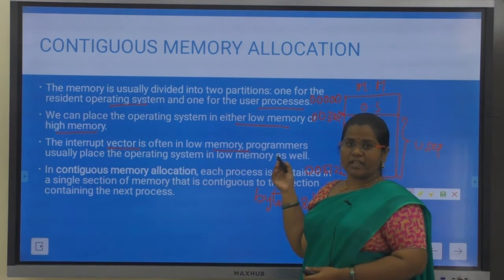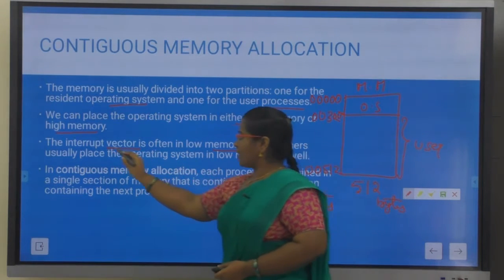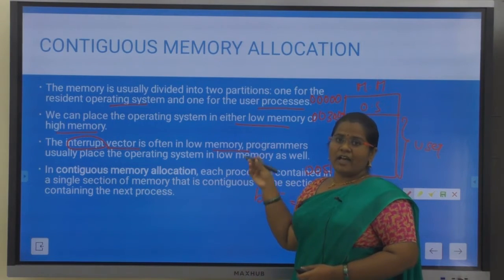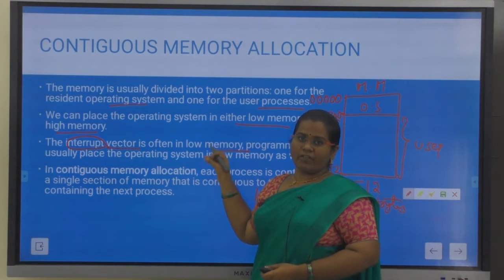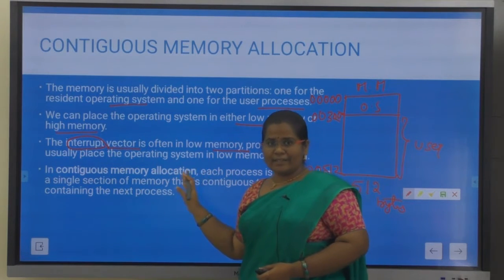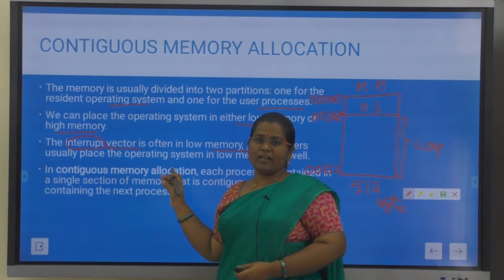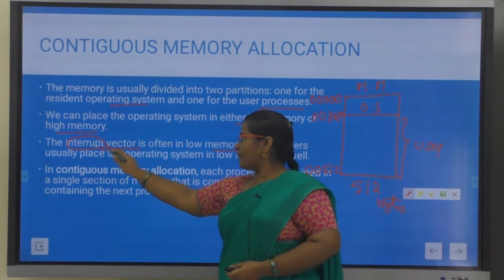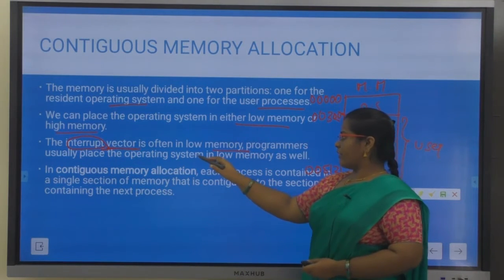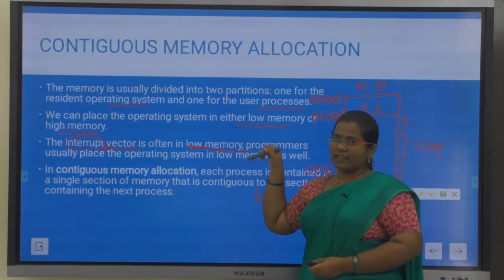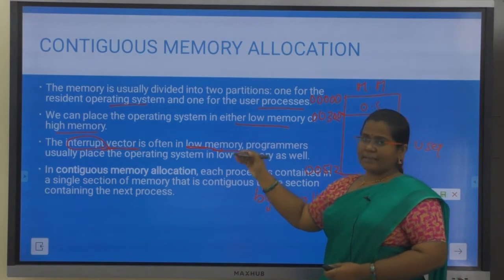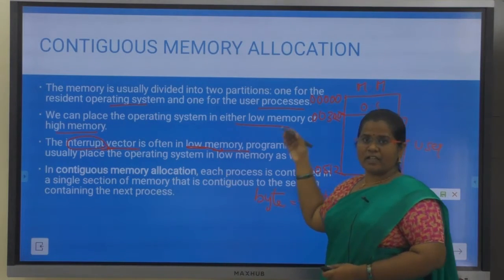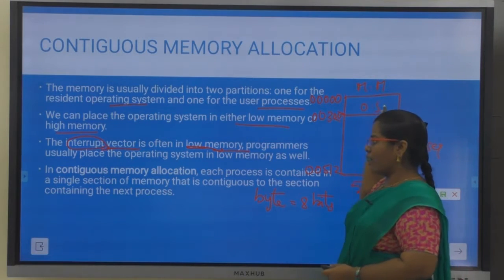Interrupt vector in the sense, whenever a program is executing, an event which will stop the flow of execution of a process is known as an interrupt. So in order to handle that event, we'll have interrupt handlers in our operating system, and such an interrupt handler is a vector, and this vector will be present in the low memory. So since your interrupt vector will be present in the low memory, in most cases your operating system will be stored in the lowest memory addresses of your main memory.